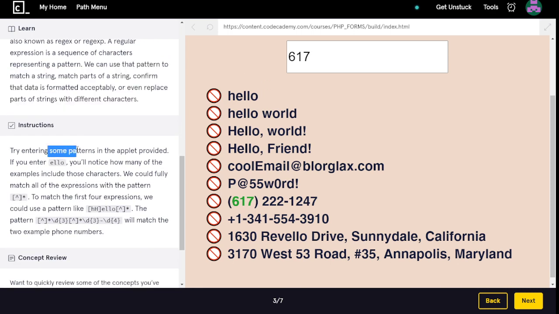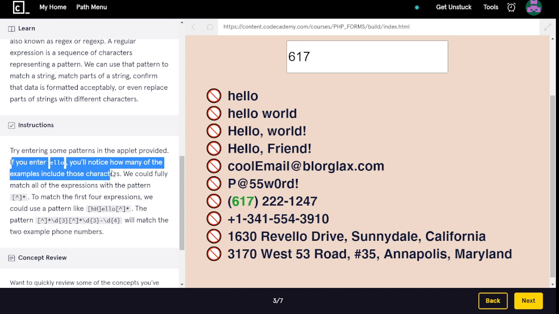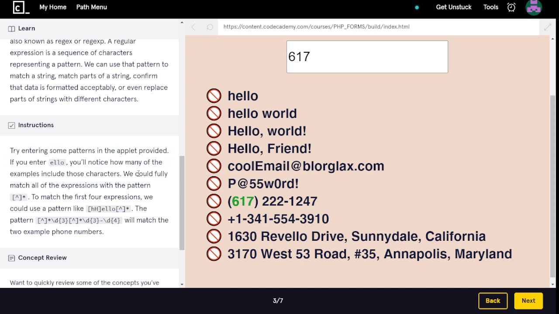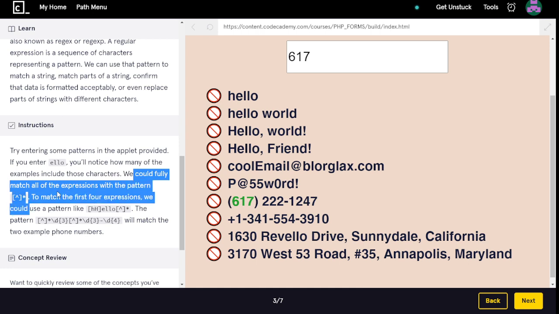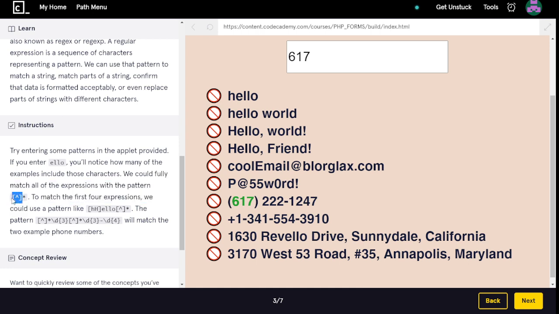Try entering some patterns in the applet provided. If you enter LO, you will notice how many of the examples include those characters. We could fully match all the expressions with the pattern. To match the first 4 expressions, we could use a pattern like hello,